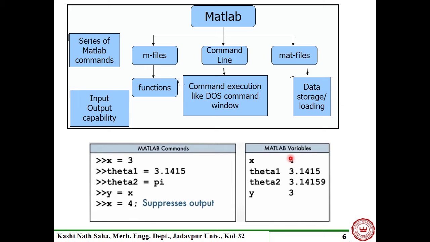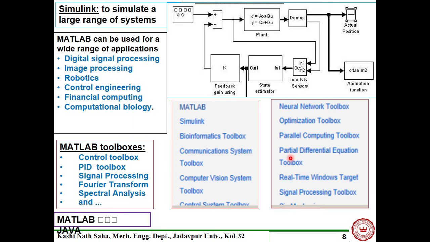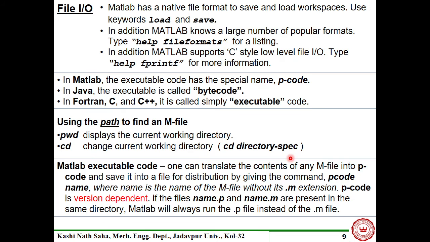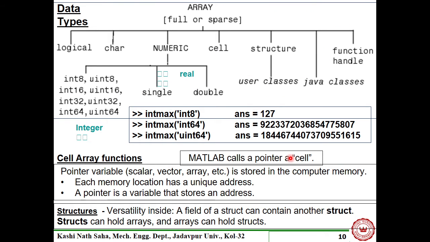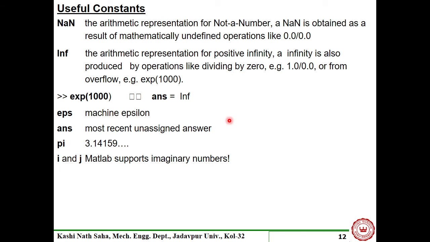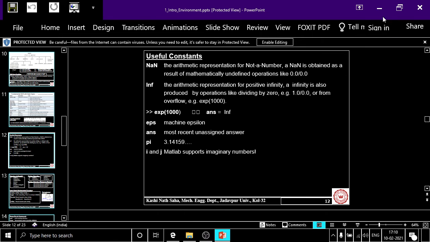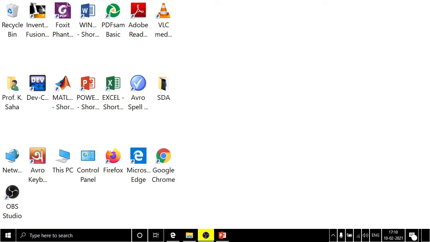This I can show you. We can go within MATLAB and you can see these things happen. Should we show this thing and show what else is there? Other toolboxes, file IO, array, everything. These are MATLAB data types. Okay. Whatever is there, I'm not going to discuss that. Let us go there in MATLAB.